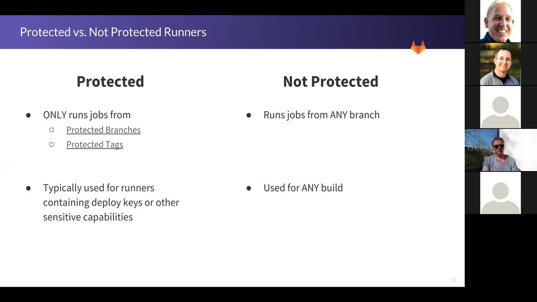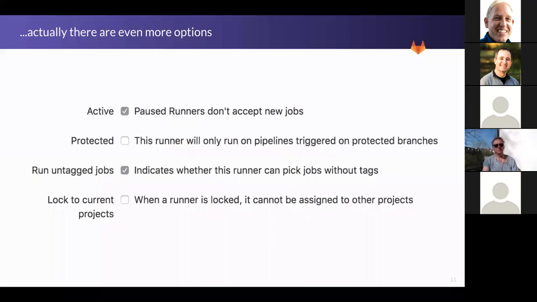Cool, great. So those are the properties, except that's not all the properties. There's actually a couple more options. So I've got a screenshot of the runner options here. This is obviously where I can protect a runner. I can also deactivate a runner. It basically pauses them. So instead of deleting the runner, if I need to do some maintenance or something on a specific runner, I can just deactivate it for now. It won't pick up any jobs until I reactivate it.